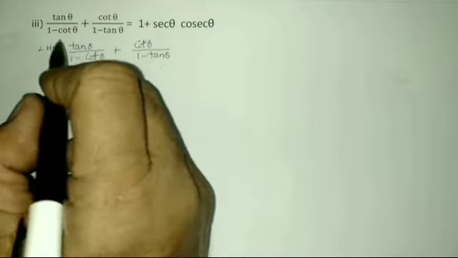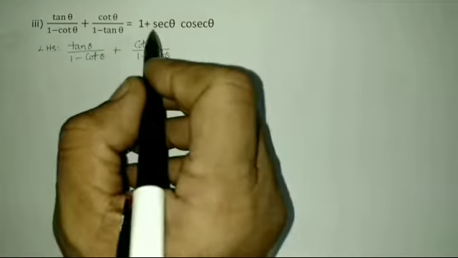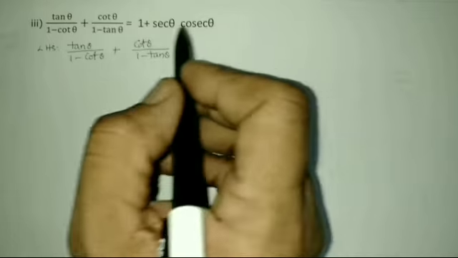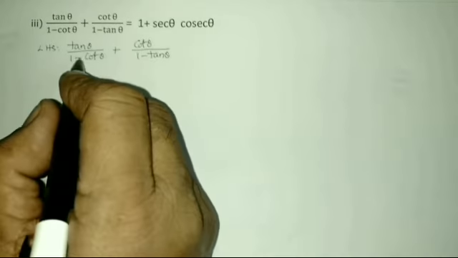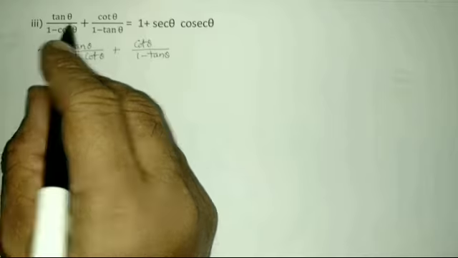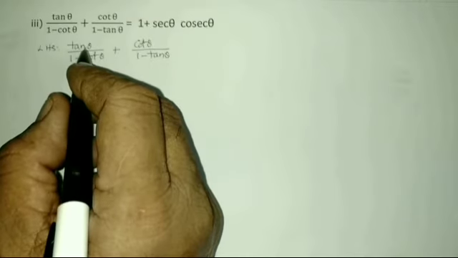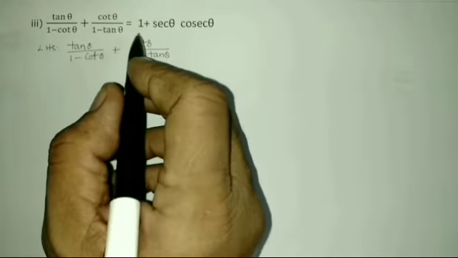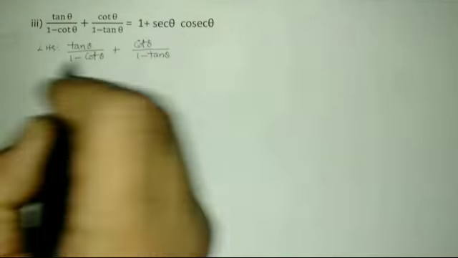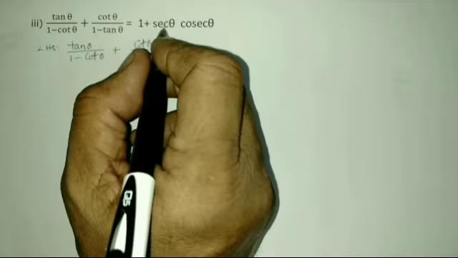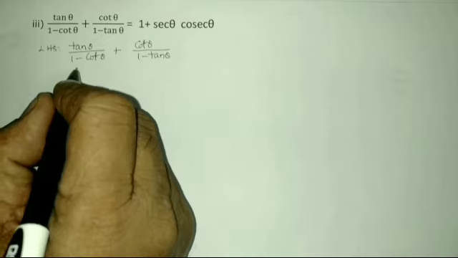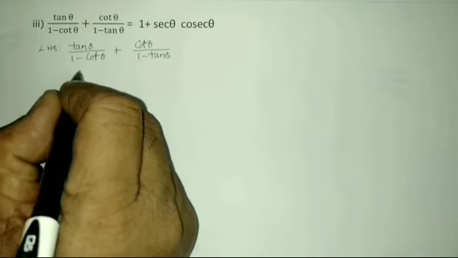In the left hand side you have tan theta and cot theta ratios, whereas on the right hand side you have secant theta and cosecant theta. So if we convert the left hand side in terms of sin theta and cos theta, there is a chance of proving the right hand side, because in the right hand side you have secant theta and cosecant theta. So tan theta